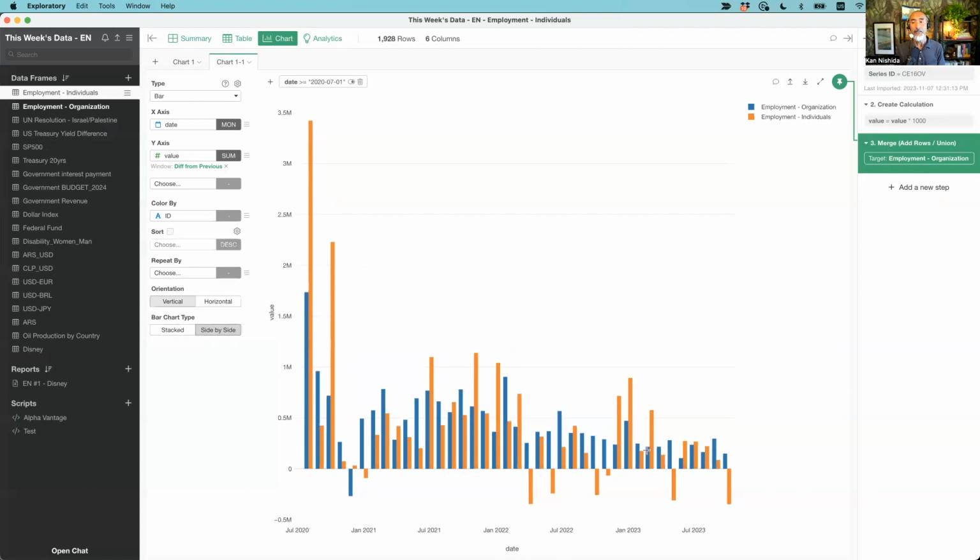Okay, and here we can already see this orange color is going down. This is the individual level, right? Household data. And we lost like 348,000. But when you look at the organization level data, it looks like a plus 150,000. So here's a mismatch, right? These two stories are not adding up. So now what is going on here?